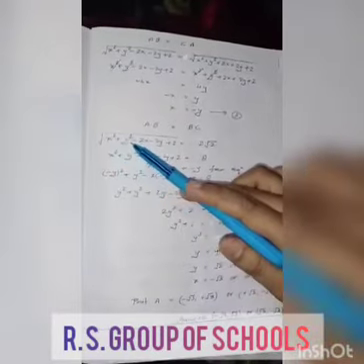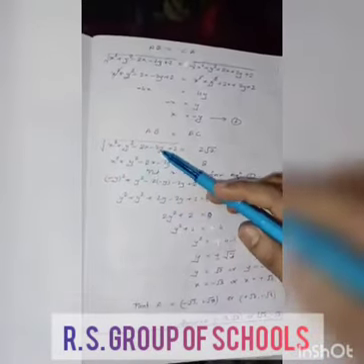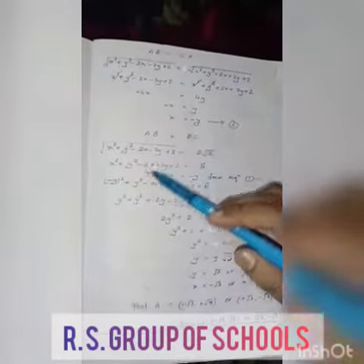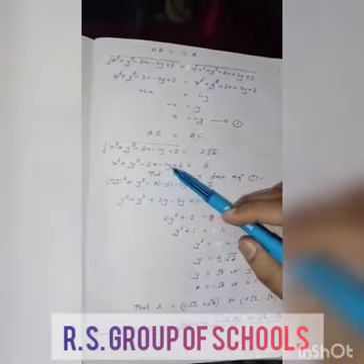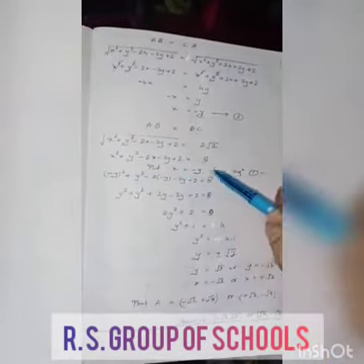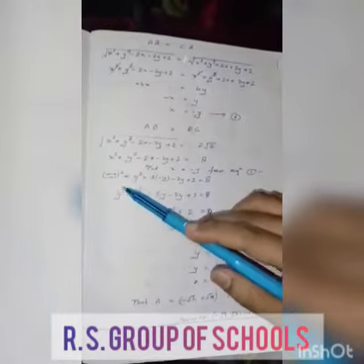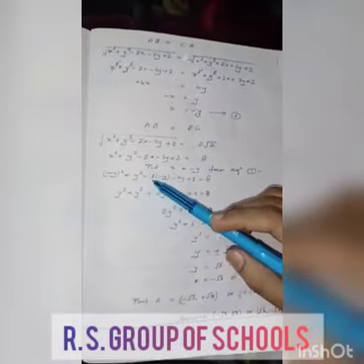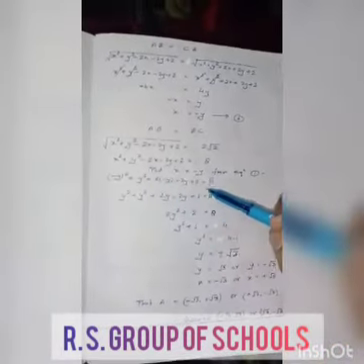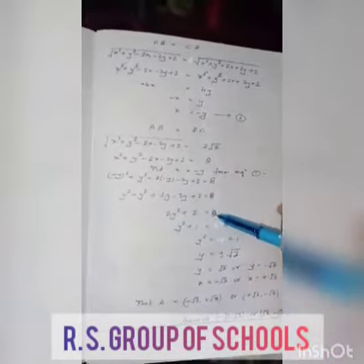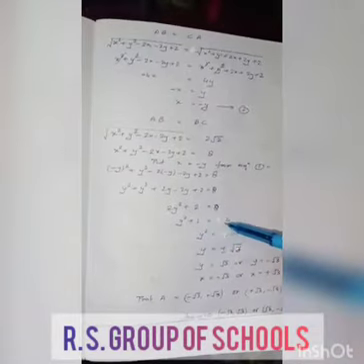The value of AB, √(x² + y² − 2x − 2y + 2), is equal to the value of BC, 2√2. Taking squares on both sides, x² + y² − 2x − 2y + 2 equals 8. Now put x equal to −y from equation first. Then we have y² + y² − 2(−y) − 2y + 2; 2y cancels by −2y. Then we have 2y² + 2 equals 8, then y² + 1 equals 4.